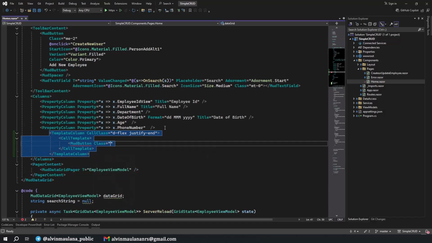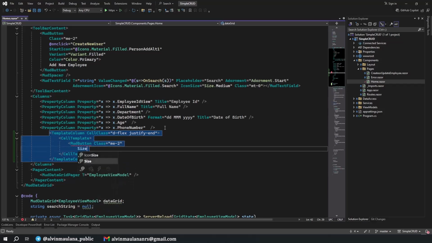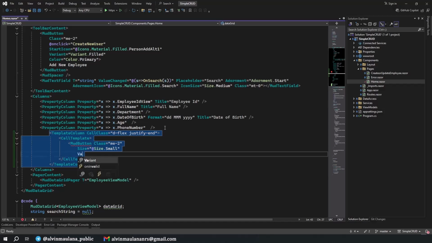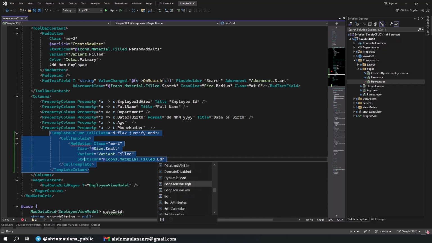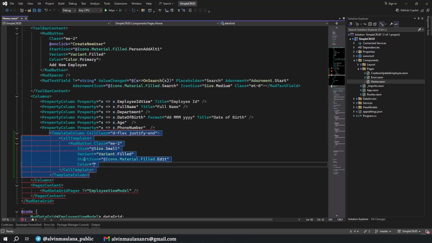We have a class for margin end 2, which is a margin right, and then we set the size to small. The variant is filled, and then we have an icon, start icon, material filled edit, and set the color to warning.